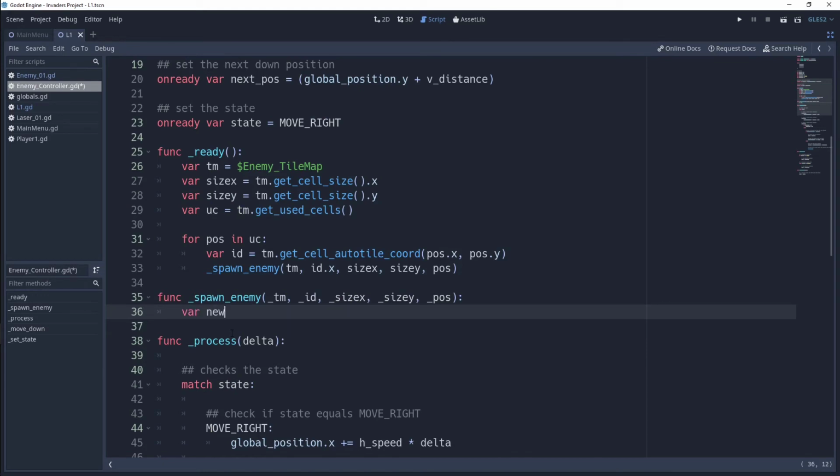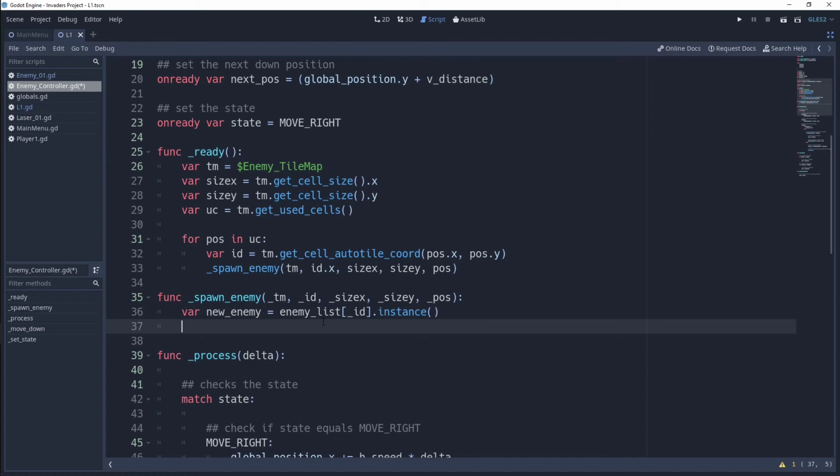Var new enemy equals enemy list underscore ID. So we're getting the ID number of our enemy based on the enemy list variable we had exported above. And then we're going to instance that. And below here, we're going to do new enemy dot global